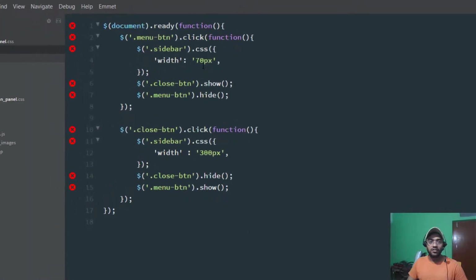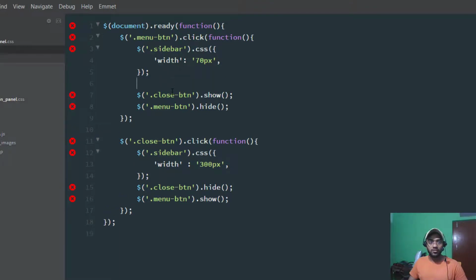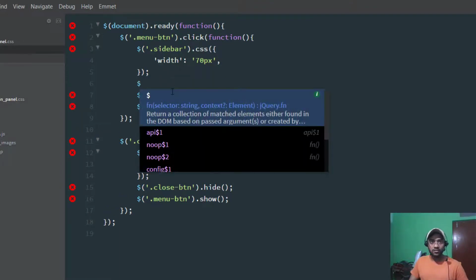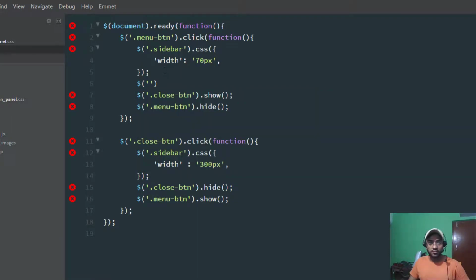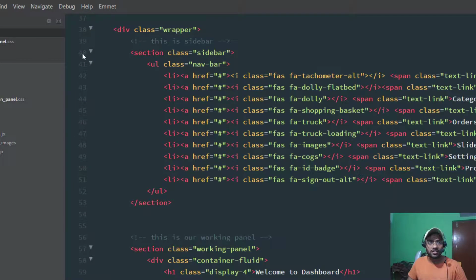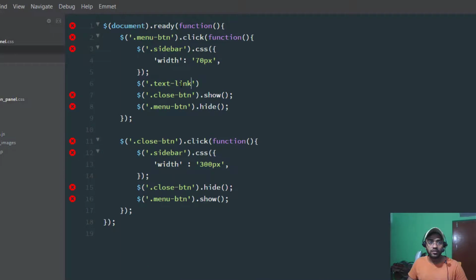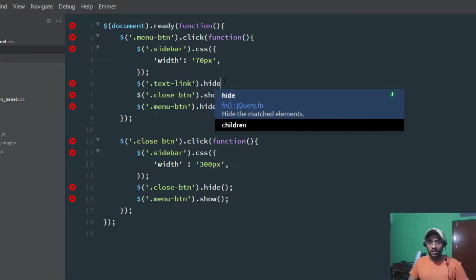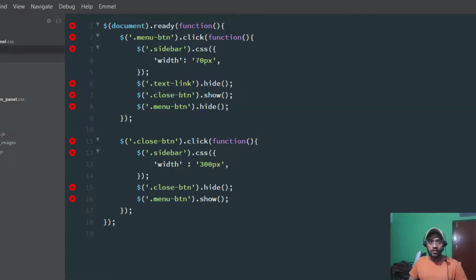Control S to save and come into the main.js file, and out of this sidebar CSS function, take another selector which is text link, and dot hide,